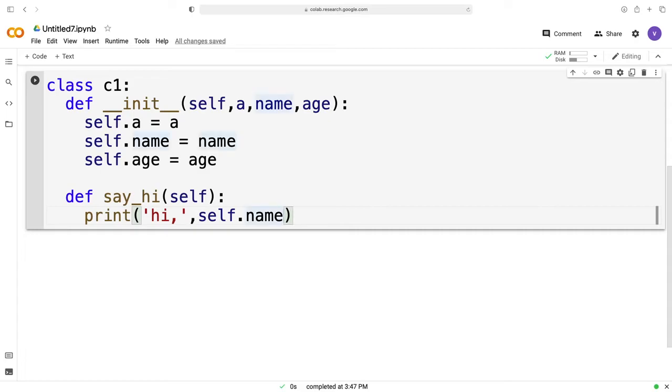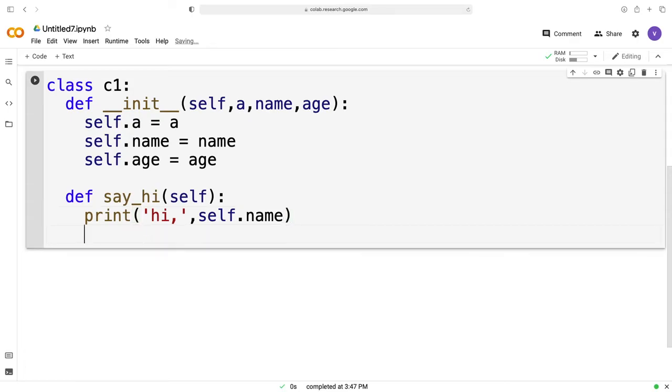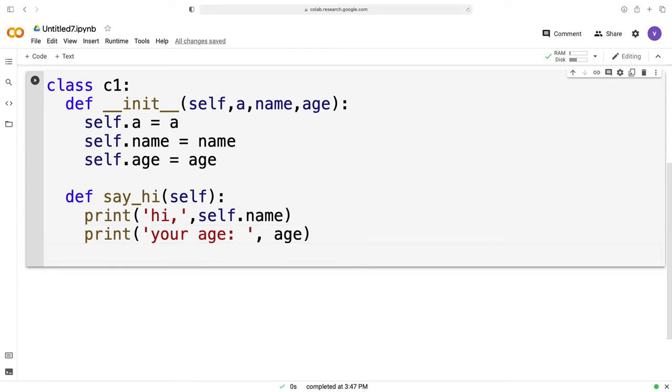And also, if you want to display the age, I'm gonna do it in a new line, so I'm gonna use print your age is age, and print your lucky number, which I'm gonna give as a.